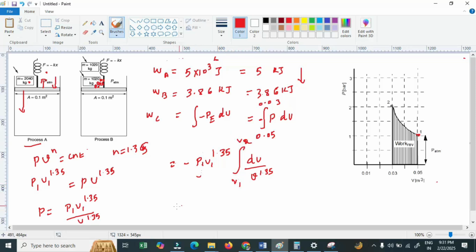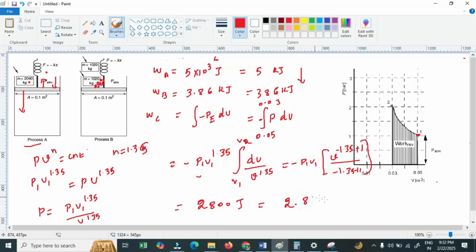We get approximately the relation minus P1 V1 power 1.35 times V power minus 1.35 plus 1, divided by minus 1.35 plus 1, and substituting the lower and upper limits, we get approximately 2800 joule, and that is nothing but